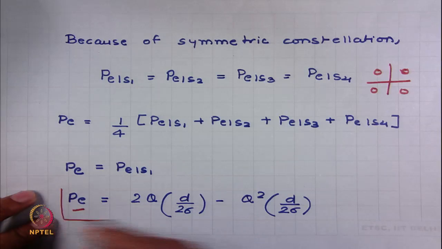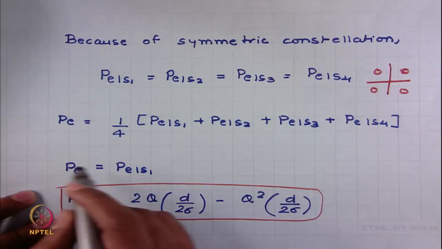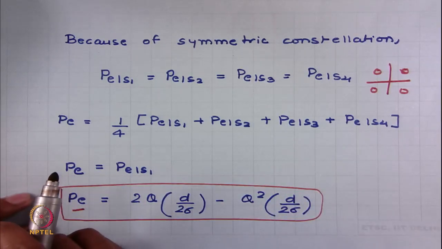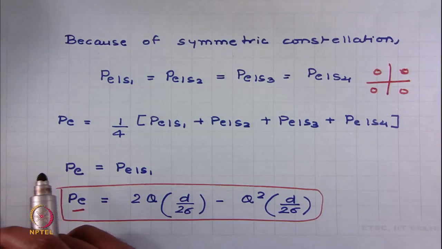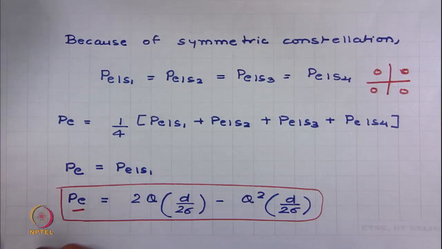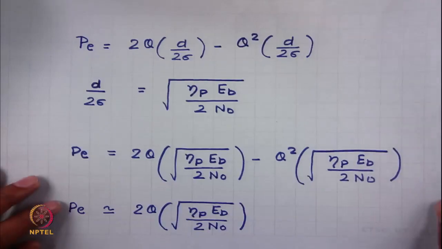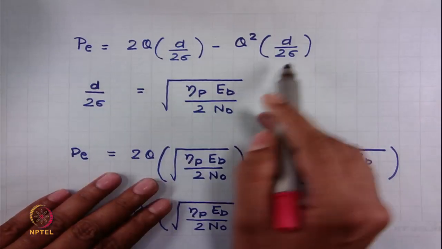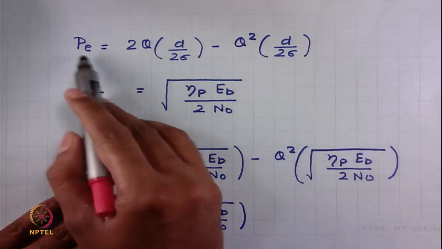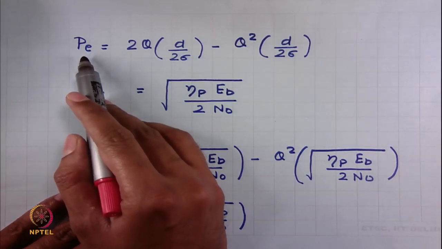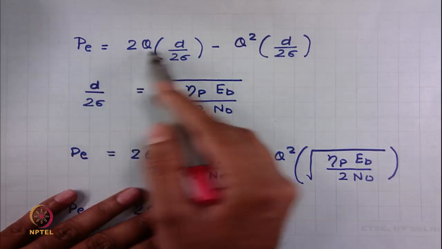So, the average symbol error rate is the same as the error rate when you have transmitted one of the signals. So, we have got this expression of average symbol error rate in terms of the Q function and d by 2 sigma,